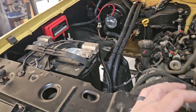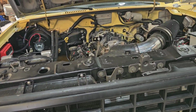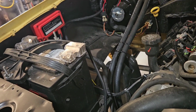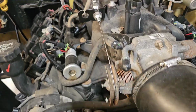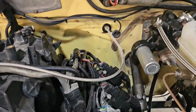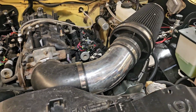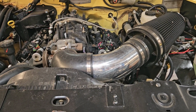With the full width axles, we don't throw as much junk up underneath the engine bay as a narrow axle does, but still nice to have some protection. Got the nice throttle cable set up, nice, short and sweet. Got a simple air intake set up. I'm sure down the road Jeff will